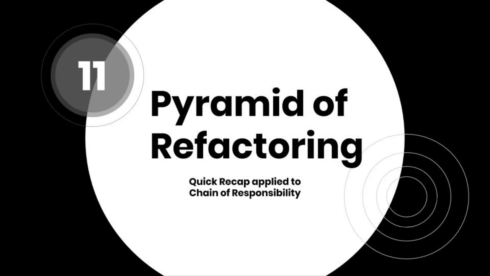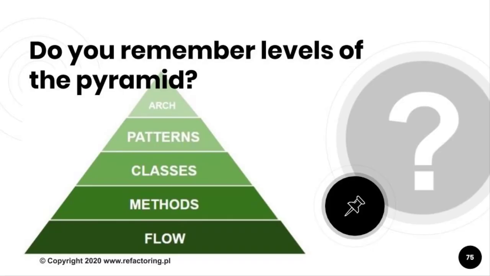Do you remember the theory of refactoring pyramid that I have described in one of my previous courses? It contains 5 general levels that allow you to perform refactoring in gradual steps. Usually, dealing with one level unveils other possibilities to continue at higher levels. We start from cleaning the flow that leads to extracting smaller methods.